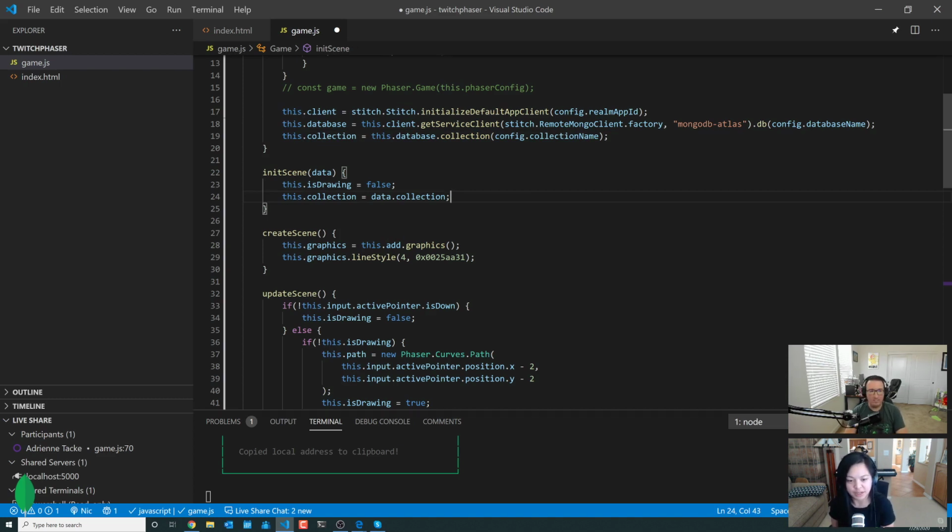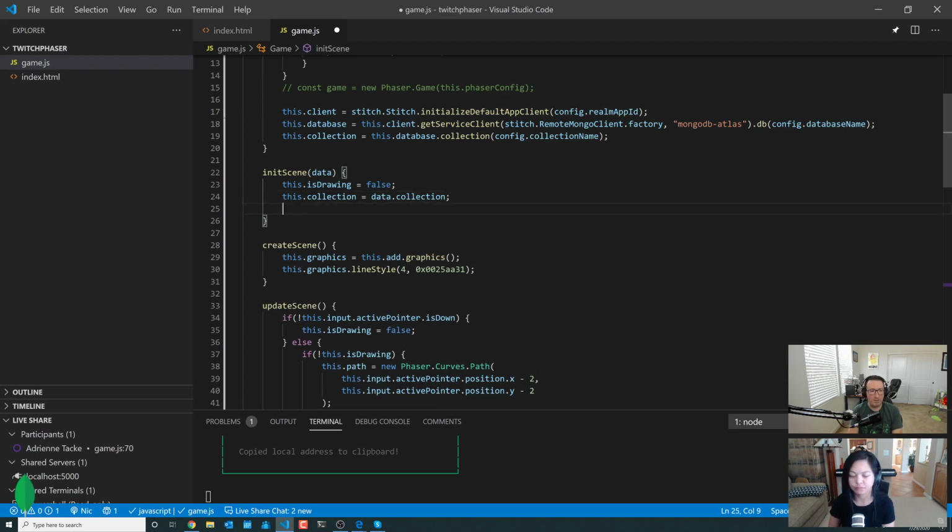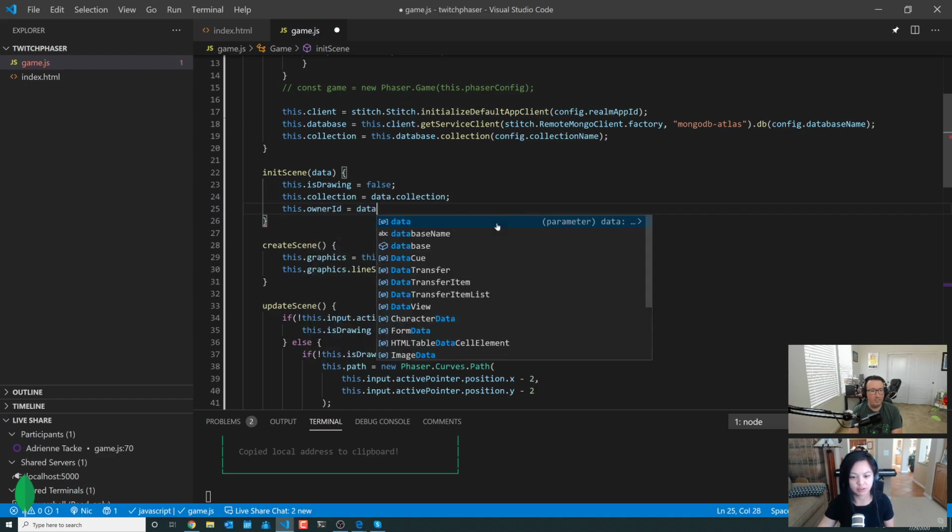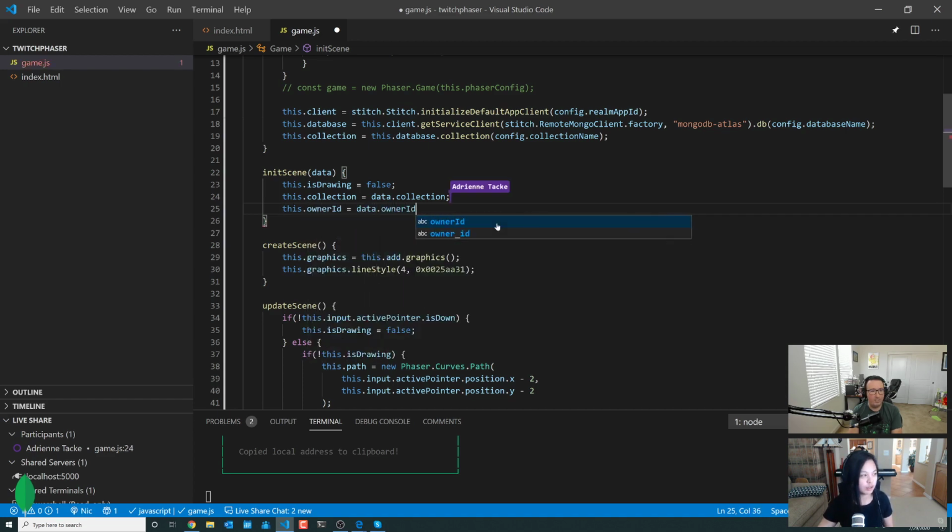Oh, no, I was just going to ask you, and I think you're about to start typing, but we have to add the rest of the data in here in init scene, right? Yeah, we do. And we could easily create an object to represent all of it. But I think it's just a little cleaner if we do it one by one. Explicitly, yeah. I think it's a preference thing more than anything. So you want to help me type some of this out? Sure. I'll start from the bottom up. So I'll say this dot owner ID. All right.